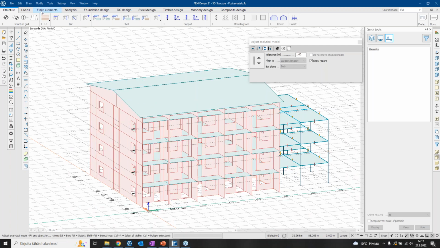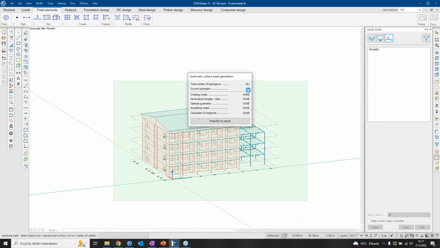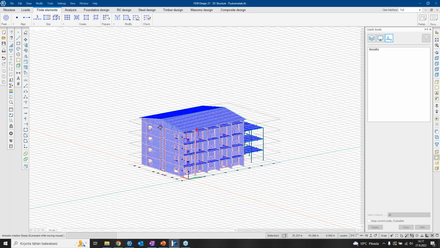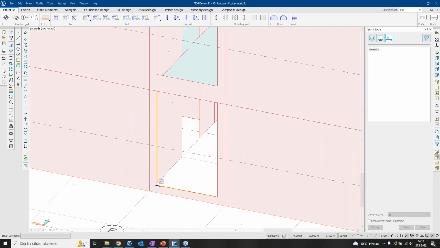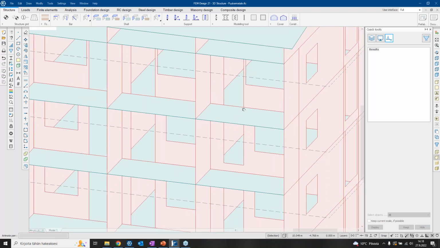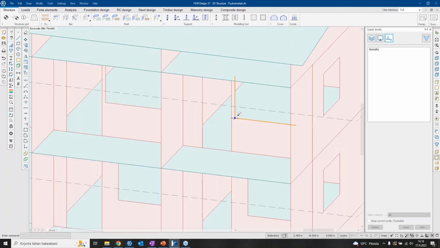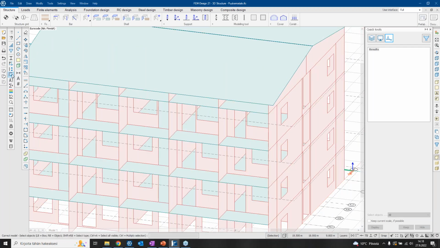We can see if it is okay for FEM-Design when we do the meshing. So I will generate the mesh and see if there's any issues. And there seems to be no issues. But I might want to delete these small areas like this, and like in this window here, like that. I want to delete them. They are not interesting in this structure model. So we have this correct model,